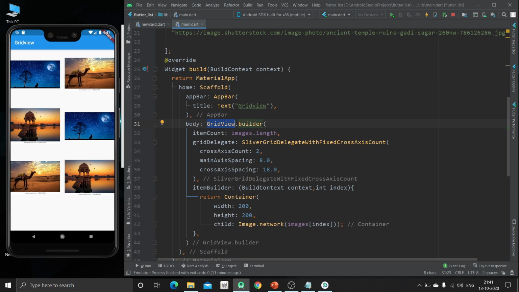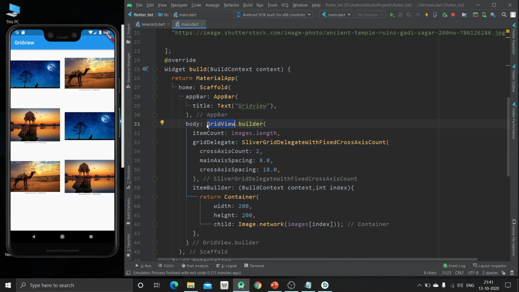Now the third one is grid view dot extend. So this property is used when we want to create a grid with custom extent values. It means each tile has a maximum cross axis extent. So let's see how to implement this.